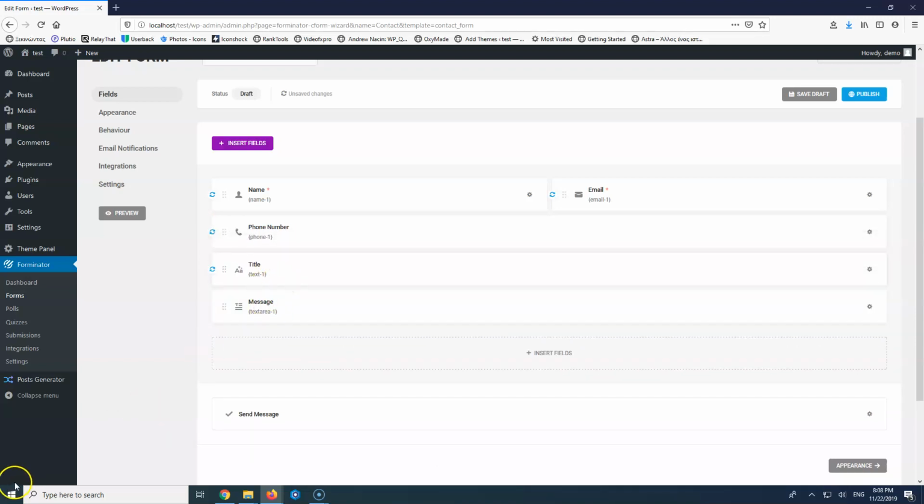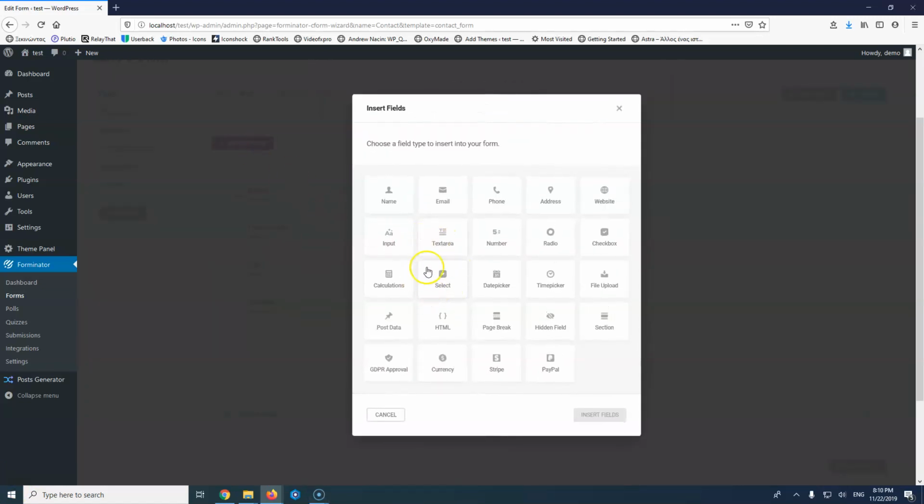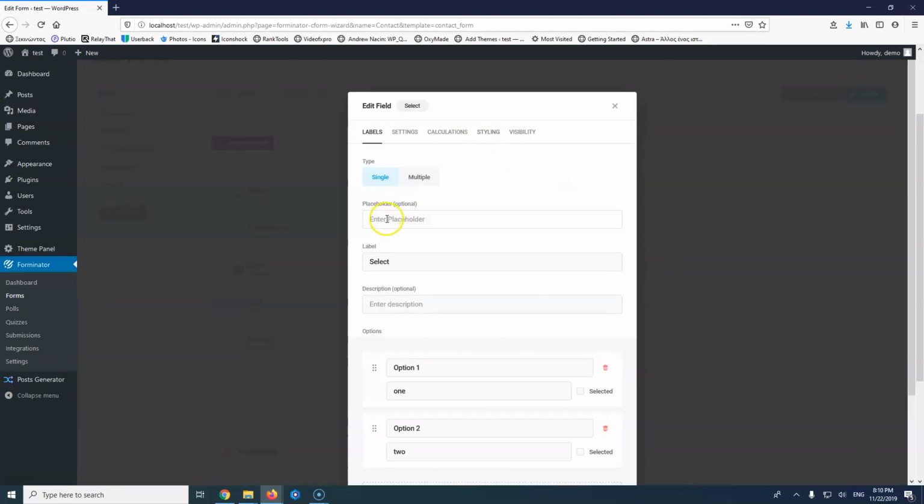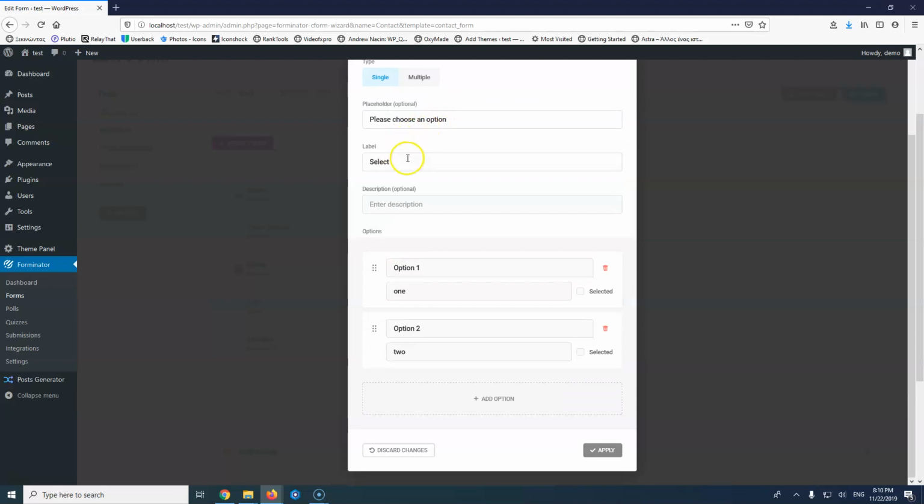And we're going also to add some selections. So let's go to insert fields again, and we're going to go for a select, insert fields, and let's go here, and let's go to the select, and we'll have a placeholder. We want: please choose an option. The label will be select. Okay, and here it will be